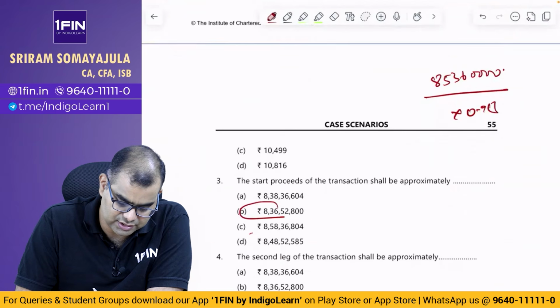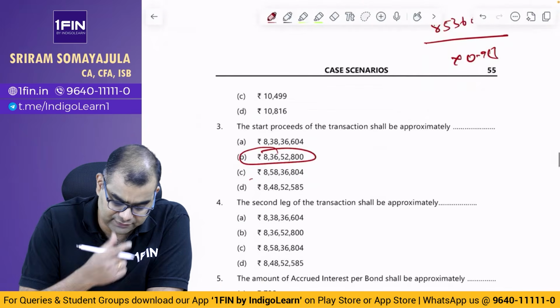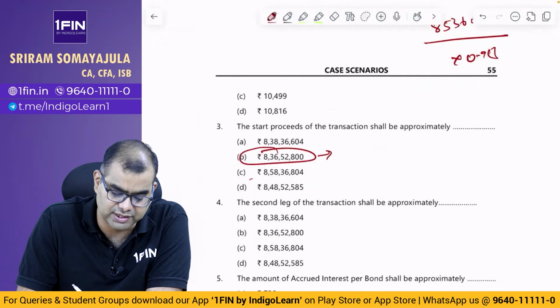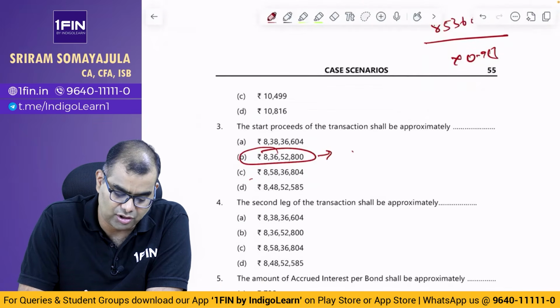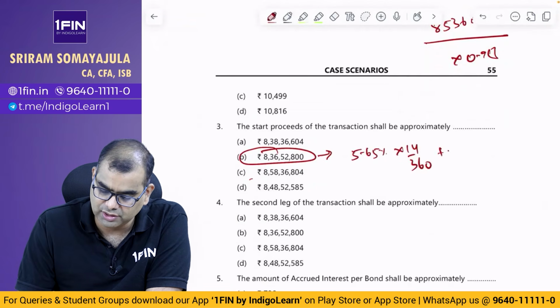8365280. 8365280. This is the answer that you will get. Answer is not C, it is B. Okay. Second leg of the transaction. Since you have borrowed this, you have to repay with how many days? At 5.65% for 14 days, into 14 by 360, plus that